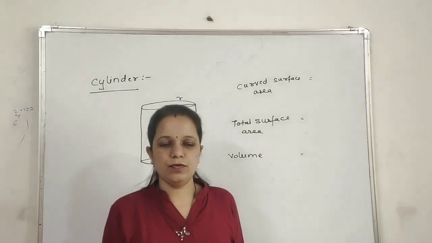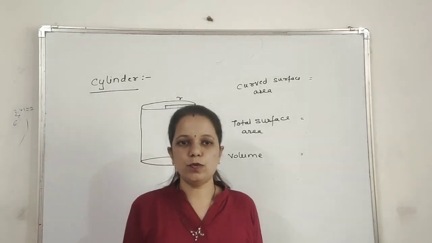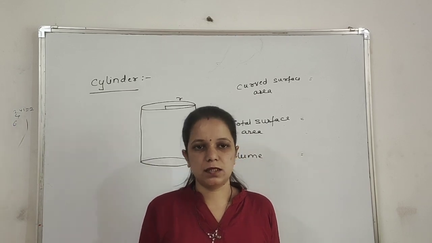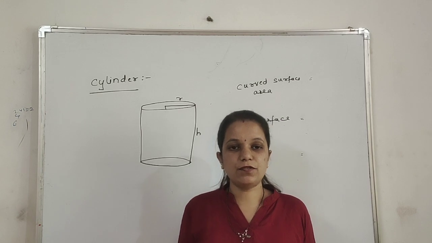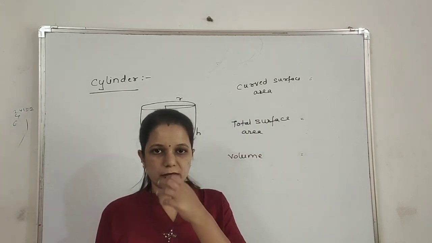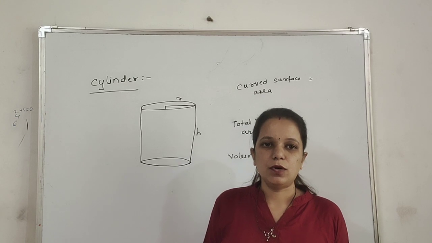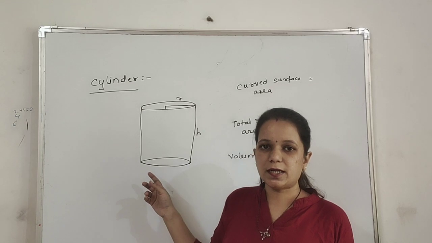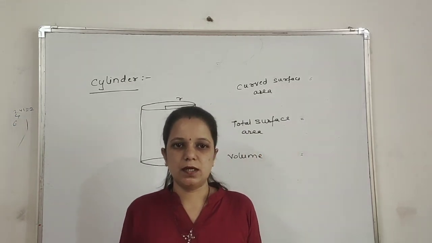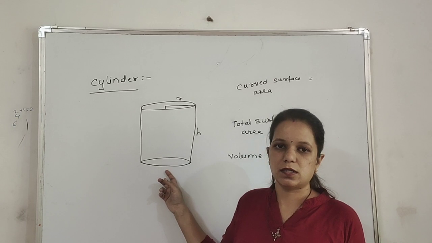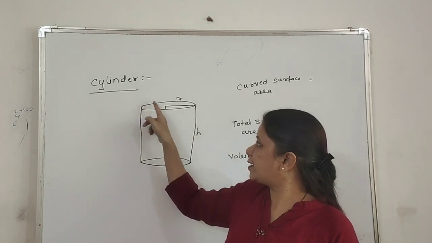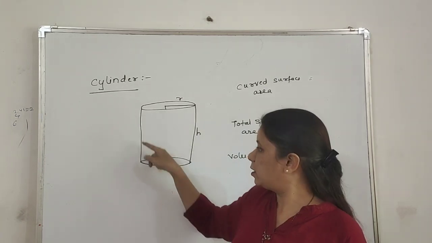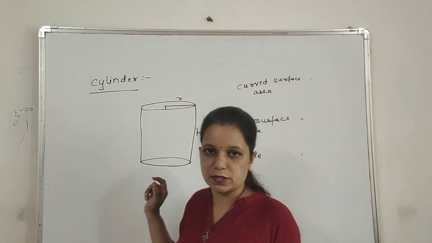Okay. So up to now we have studied cube and cuboid. Now we will go to the next figure, that is cylinder. We have also seen examples on cube and cuboid from exercise 9.1. Now cylinder, if you just roll the paper, you will get the shape of a cylinder. Okay. So cylinder has two curved surfaces and two vertical surfaces. Okay.